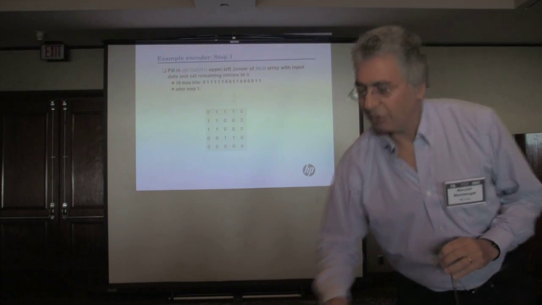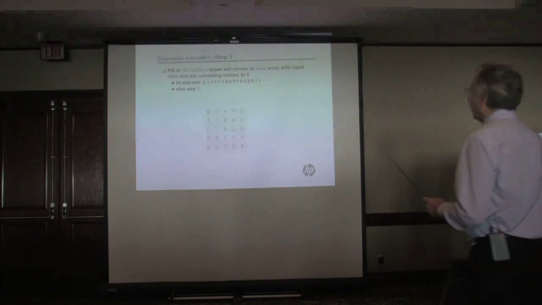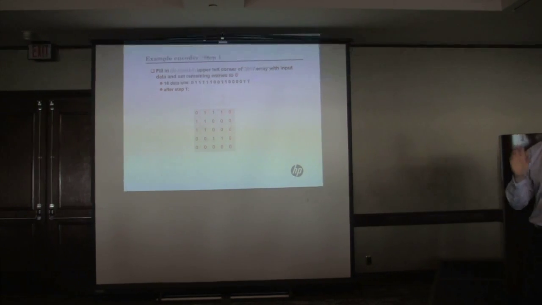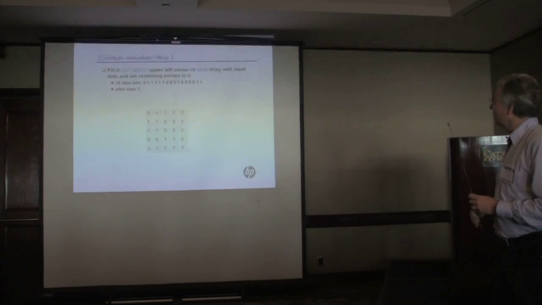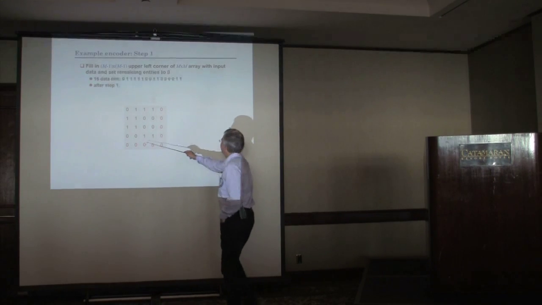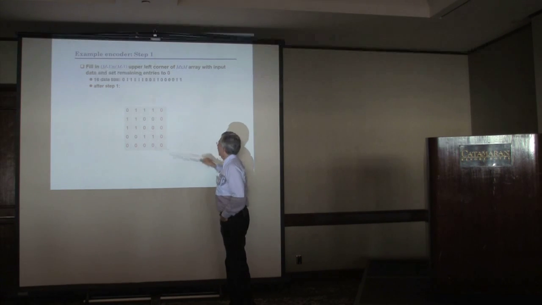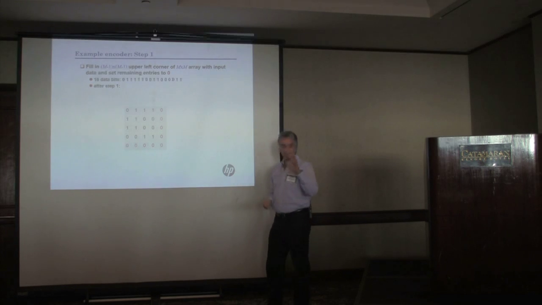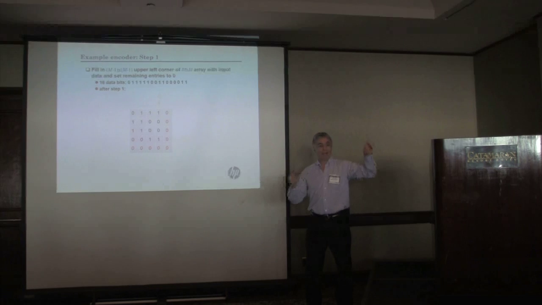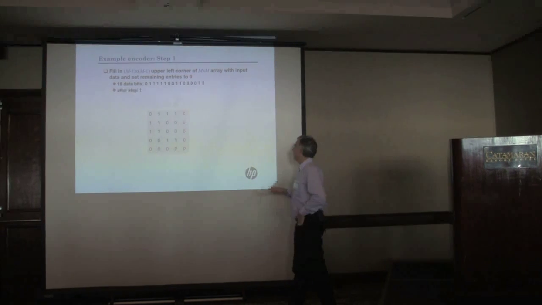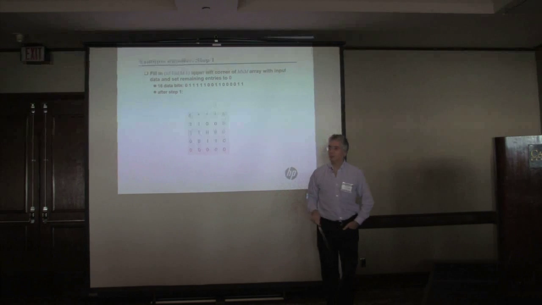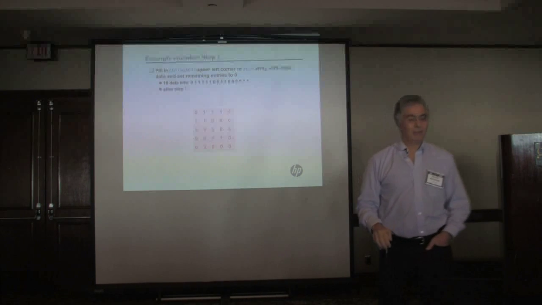So let me go through an example of an encoder. I don't have time, so I'm going to go only through the encoder and not the decoder. Here you have a 4x4 array. And m is 5, so they can encode a 4x4 array in a 5x5 array. The first thing they do is add zeros to the last row and column.